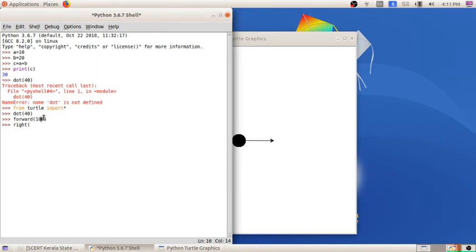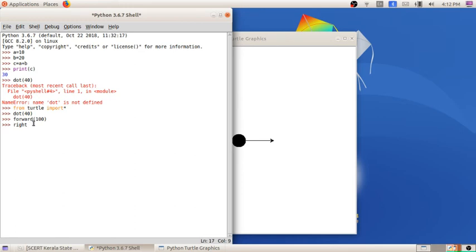So this 100 means this much distance is moved from the dot and it is moving to the right direction, and we can name it as the turtle moving in the right direction. This is the term forward. So you will be getting confusion between forward and right. This forward is the distance and the right is the angle.